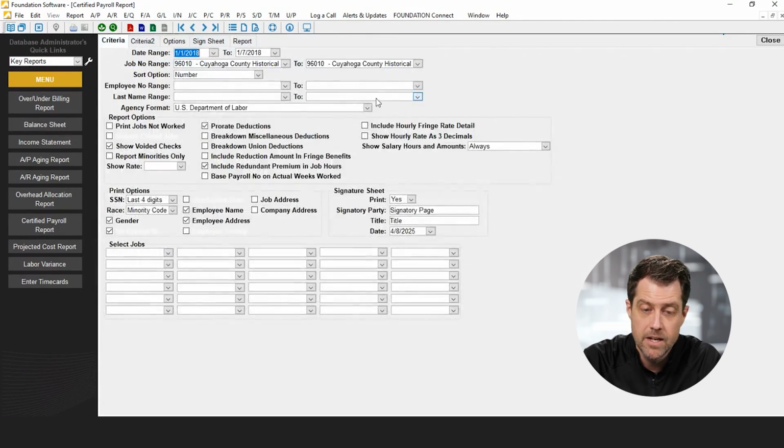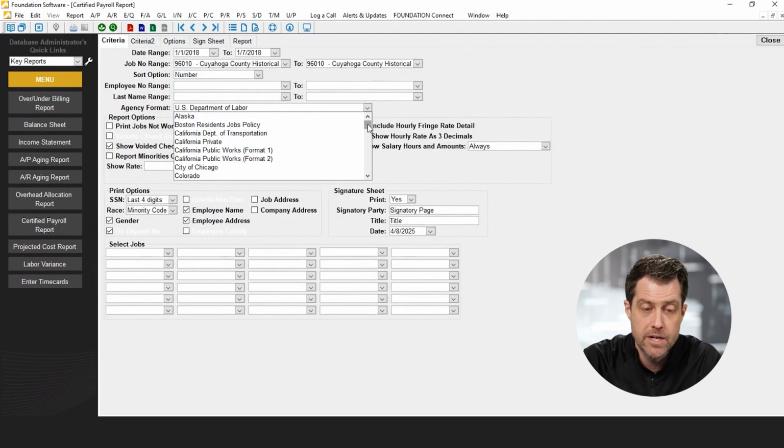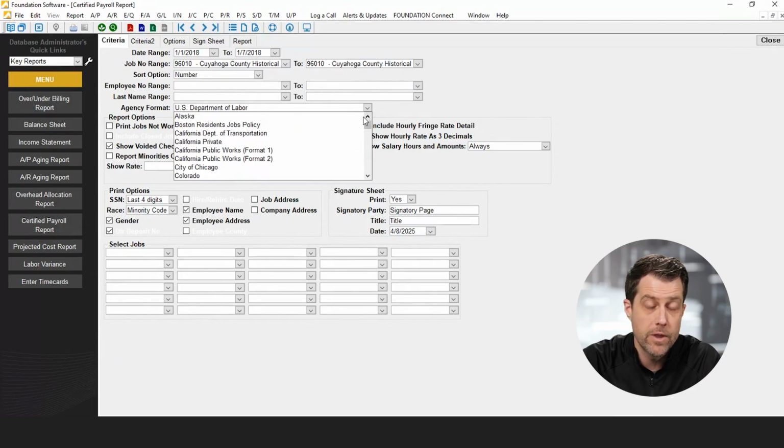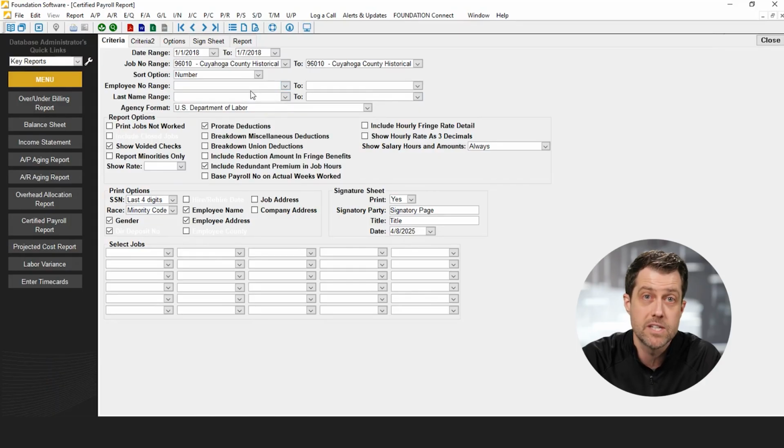And again, a number of different formats in here. For those state specific, you just select that out of the drop-down, it prints accordingly. So whether it's electronic or printed, we automate the process. The system will just automatically generate these files with zero entry other than getting those time cards in against the appropriate job. And also to reiterate, those time cards that I keyed in was done very manually with the WorkMax